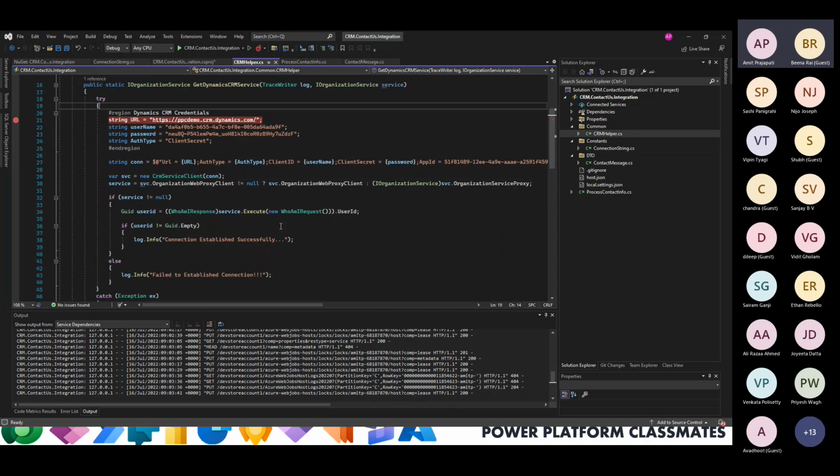Now you can see whatever the code I have written, all the credentials, URL, username. This is not a normal username, it's a client Azure ID and client secret. Now you can see the credential is stored in my code itself. So let's say if anyone found this code, right? What will happen? They can use this client ID and client secret, and let's say authorization type is client secret,